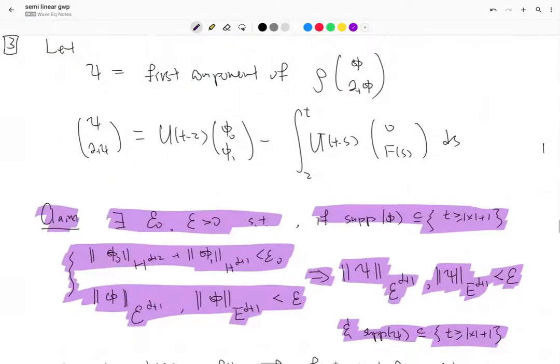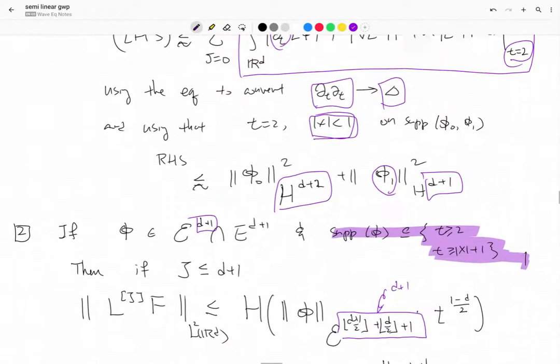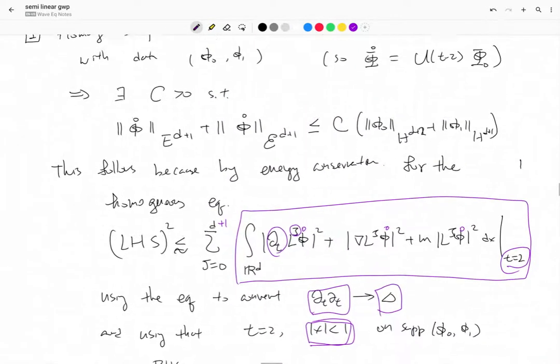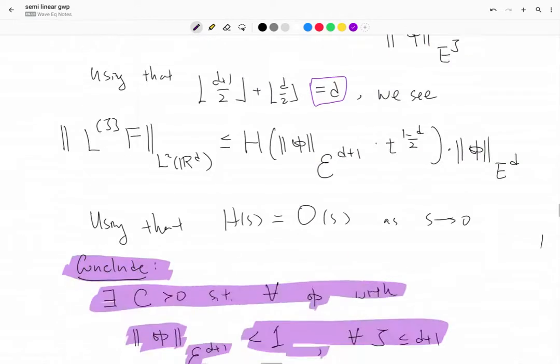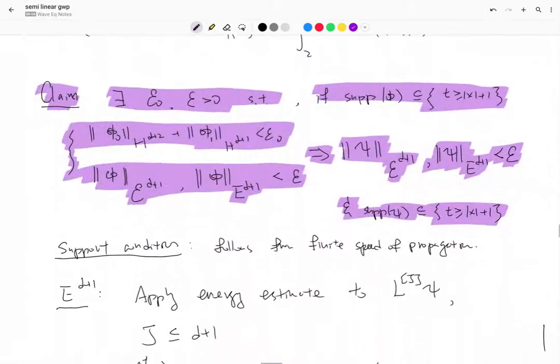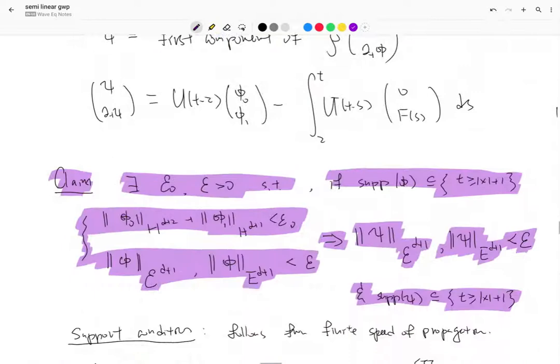C here is the C that showed up in step 1, the homogeneous estimate, right? This is a structural constant coming from converting the initial energy flux for the Lj derivatives into an estimate based on the HT plus 1 norm, right? This does not depend on the solution itself. And then we have C prime, which is the coefficient that comes up over